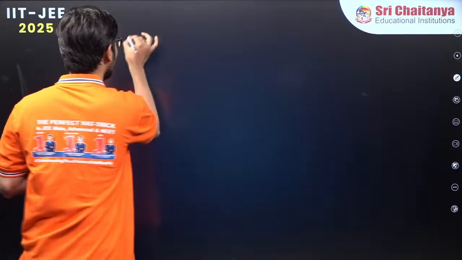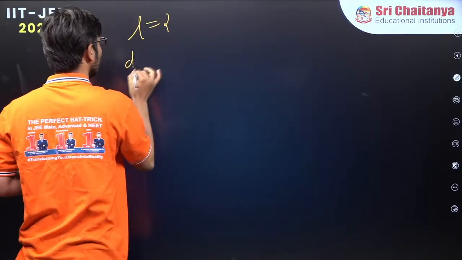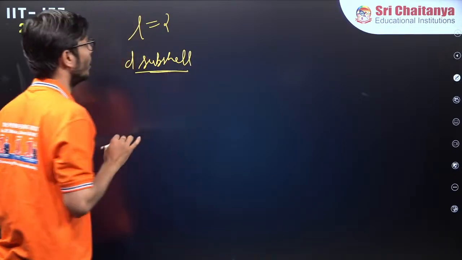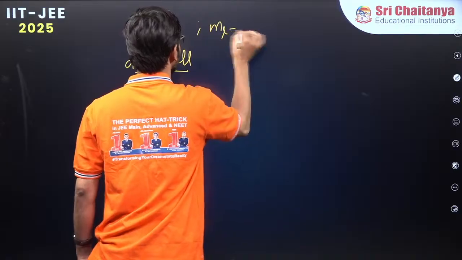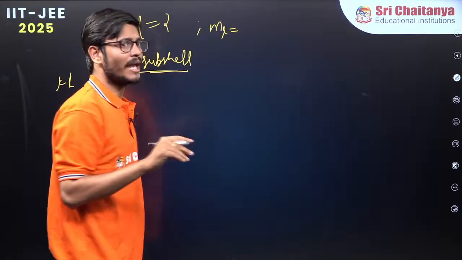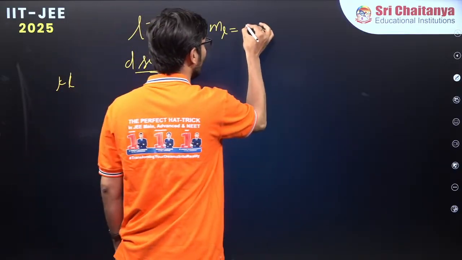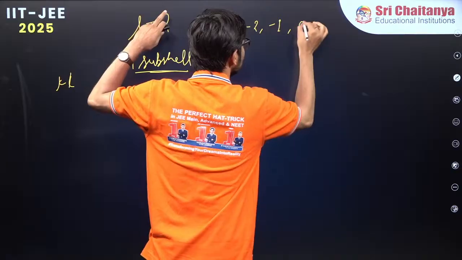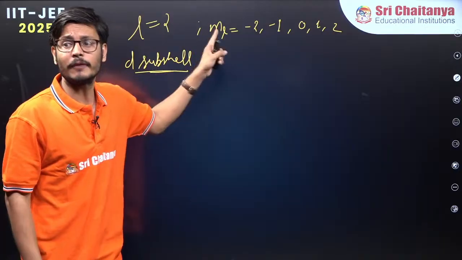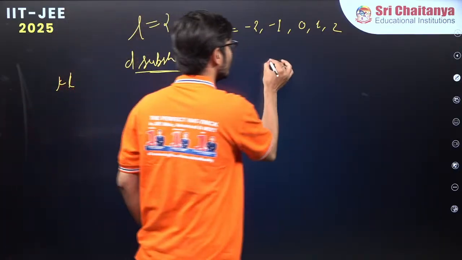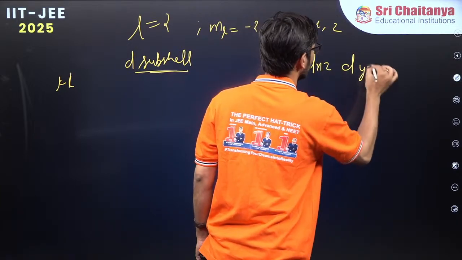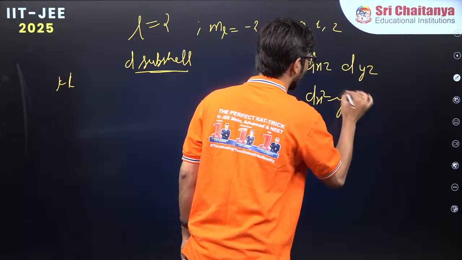Let us say L value is equal to 2. This is called the D subshell. What are the ML values? This is not a shell. K, L, M, N are the shells, right? D is the subshell. In this D subshell, we have 5 orbitals. The ML values are -2, -1, 0, 1 and 2. So there are 5 D orbitals: dxy, dxz, dyz, dx square minus y square orbital,